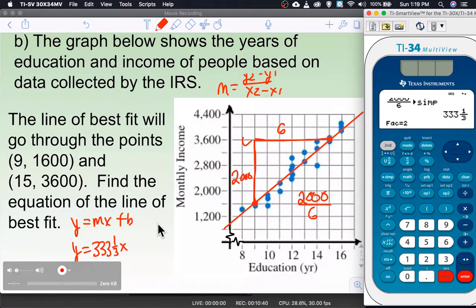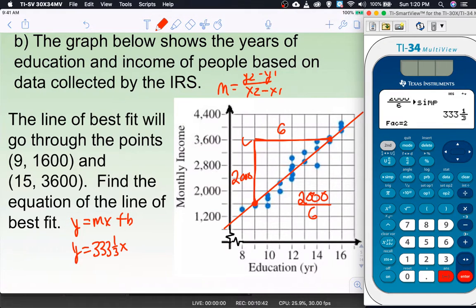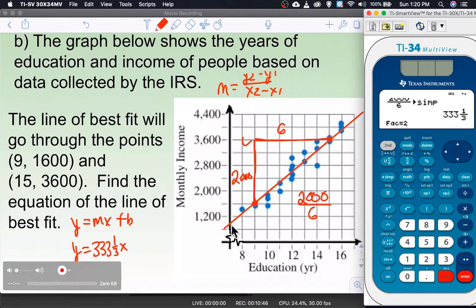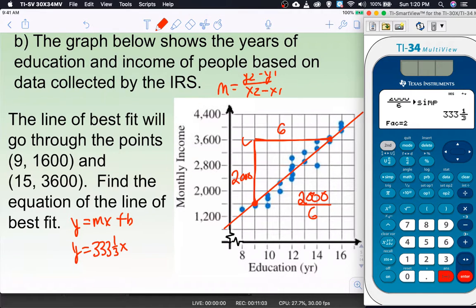But when you're finding the y-intercept, this problem becomes a little bit tricky. You cannot trust the graph. If you took a guess and said, oh, this y-intercept is like 900, I mean, it looks like it. It's less than 1200, not quite down to 800, so 900 or 1000, something like that. You would be actually quite far off